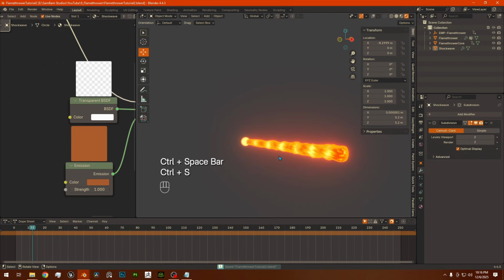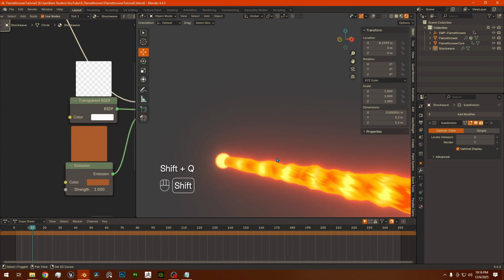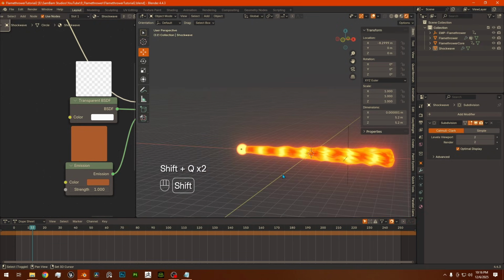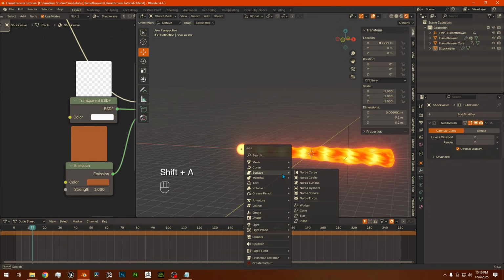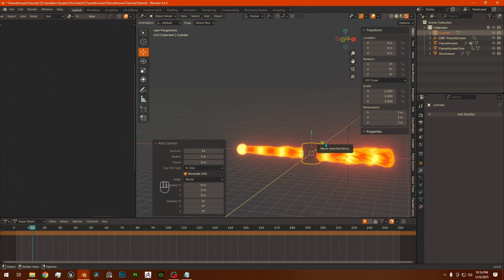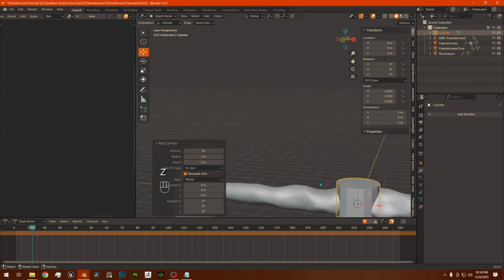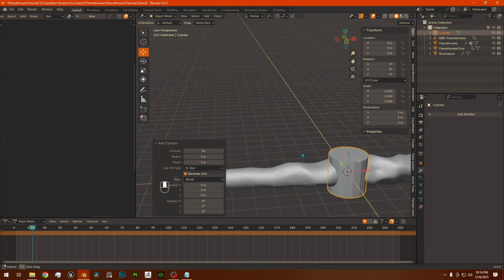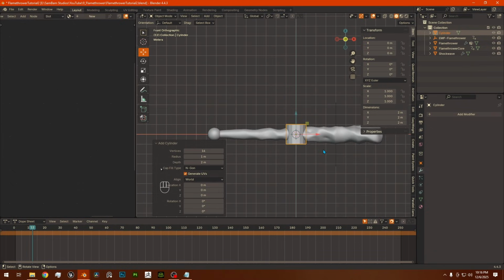Perfect. Now what we're going to do is add in smoke. Because since this is a flamethrower, some smoke's going to be thrown out as well. Very simple. Shift A, add a cylinder. Same as before. We're just going to go to solid view. 16 vertices is good enough. We're just going to name it